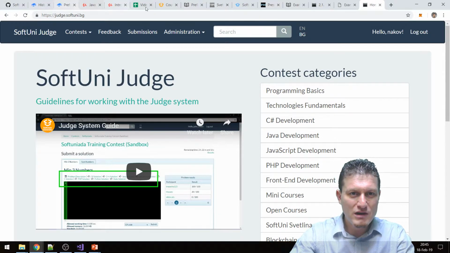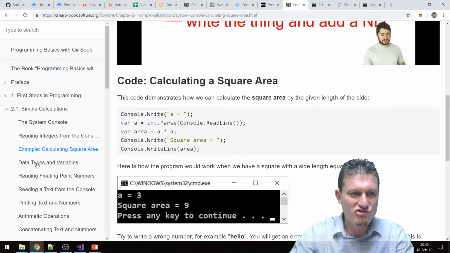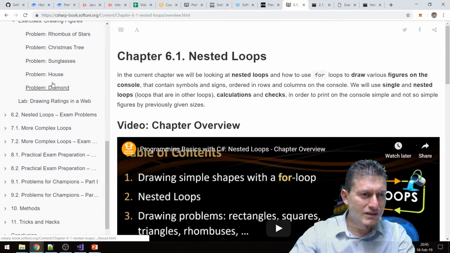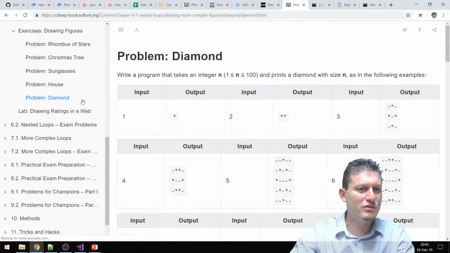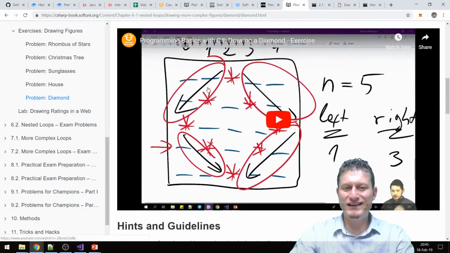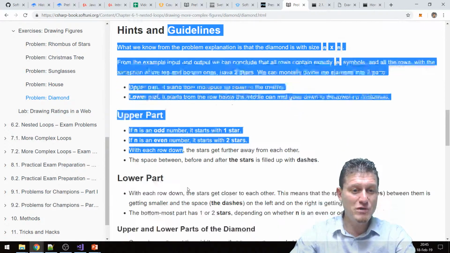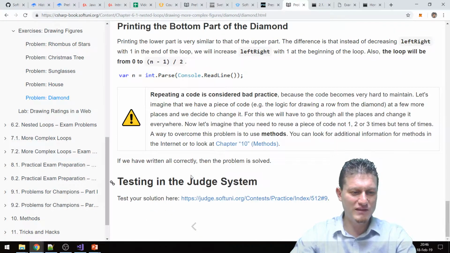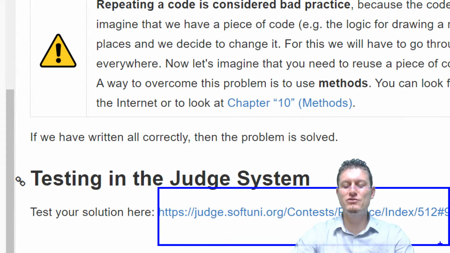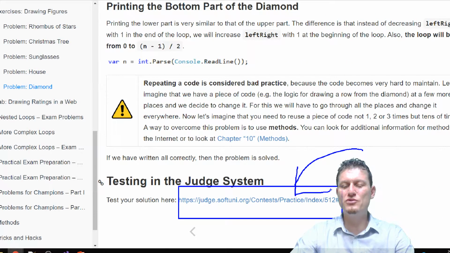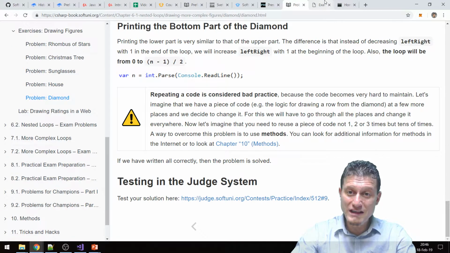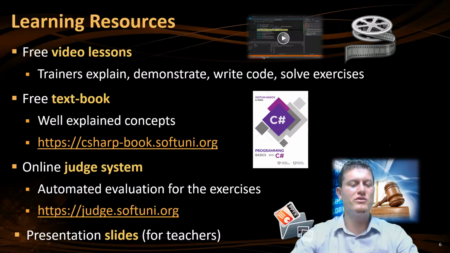For example, when you read chapter 6.1, and when you try to solve this problem, diamond, you have videos, you have guidelines, we have some explanations how to solve it, and finally you have a link to the judge system where you put your source code in C# and it will tell you whether it's correct or not. So it's really a very nice resource for developers.